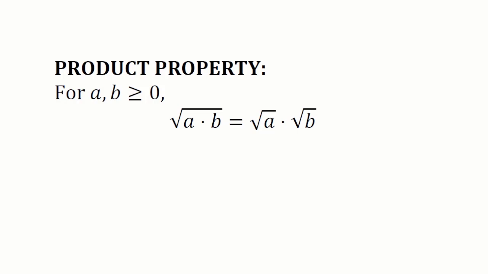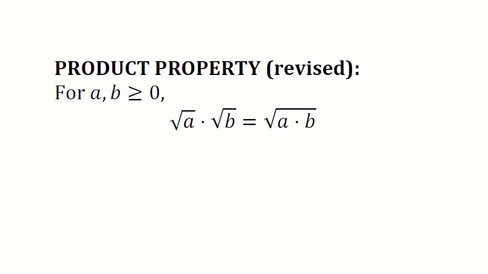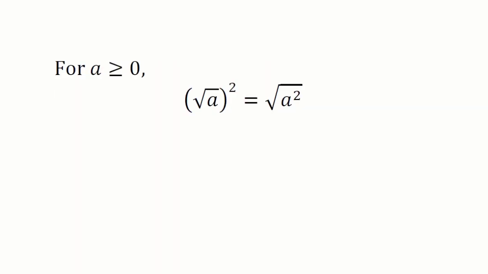One remark to understand is that the property that we originally learned can now also be used in the opposite way, meaning the same product property, we can also use in a way that we can combine the product of two square roots into a square root, the square root of a product. So that's one remark. And another remark is that for any value a that's non-negative, greater than or equal to 0,